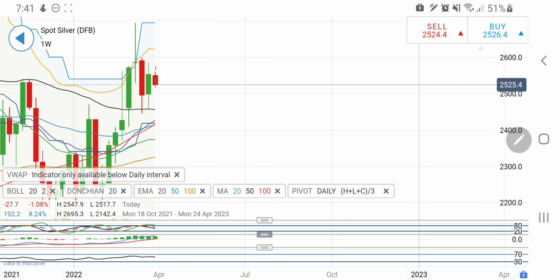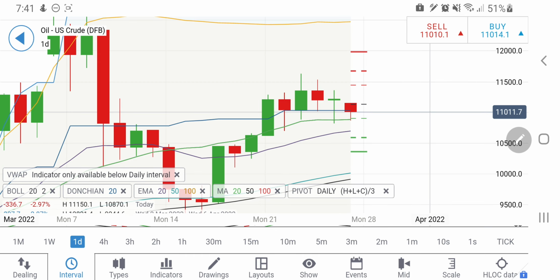Now let's have a look at oil. See, this is the daily chart for oil, and you will find that the highs are well connected here, giving you lower highs consistently. Any rise beyond 114 is an indication that it is going to fly. Else, see, this is the 20 period moving average. Right now it is giving very good support for oil for any further drop at around 109 levels. So yes, 109 levels are going to be very important for oil.